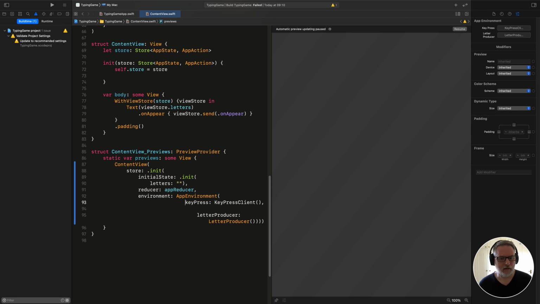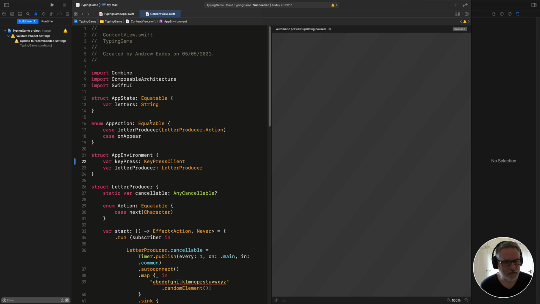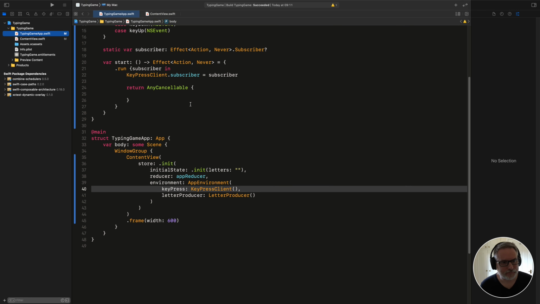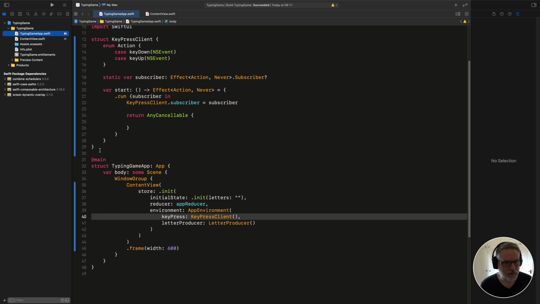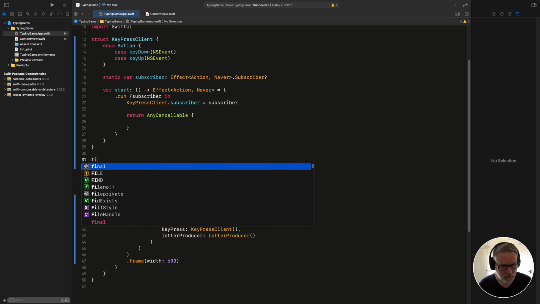Okay, I think that will build. Okay, so now we've got a Keypress client. Now we need to send keypresses via the Keypress client. So in order to do that, we need to actually construct a view representable